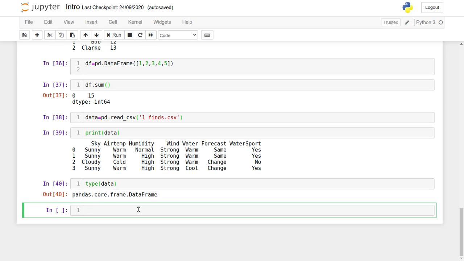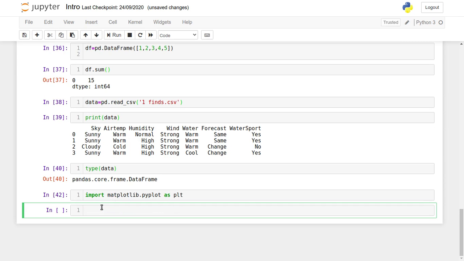So let us see how to import and use matplotlib. Import the module using import matplotlib.pyplot as plt. So plt is the alias name for matplotlib.pyplot.